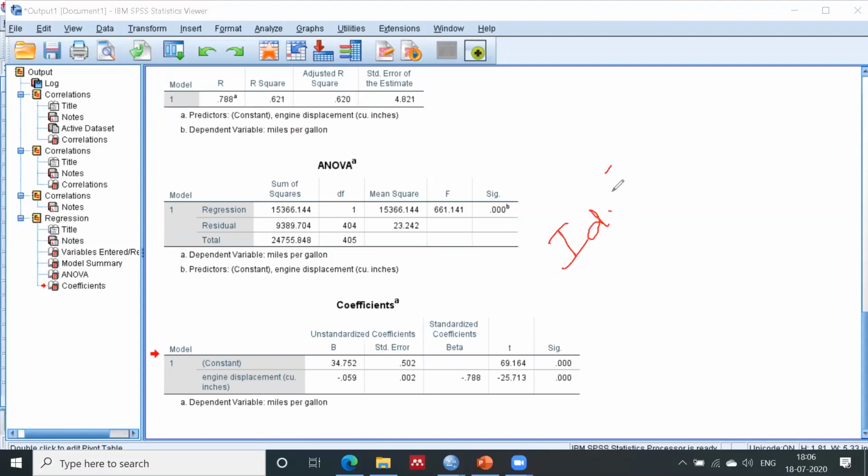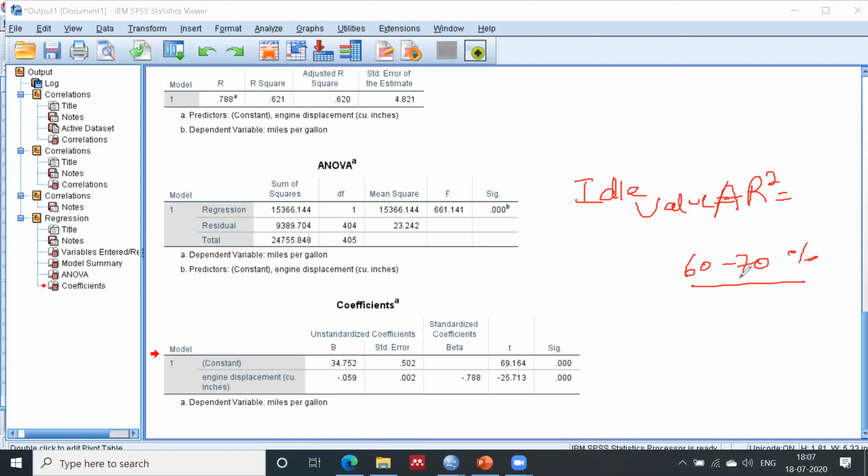The ideal value of adjusted R square should be 60 to 70% minimum.